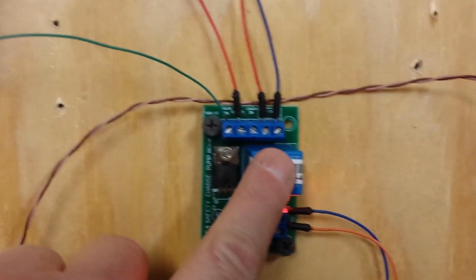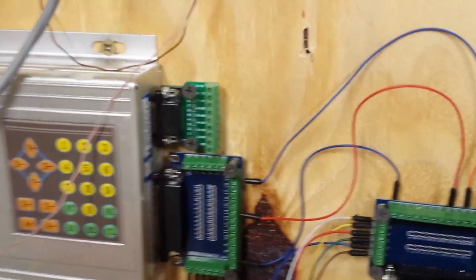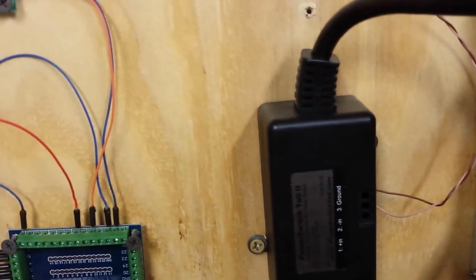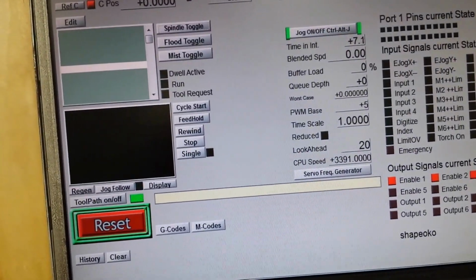When this relay is active, it will send a 5-volt signal into the controller, and then the controller is waiting for a signal to be sent to turn on the spindle. When that signal is sent, then via this wire right here it comes back over to the power tail, and the power tail turns on the spindle. So the way this works is I'm going to simulate sending an M code, and we come up here to my software here, and I come over to